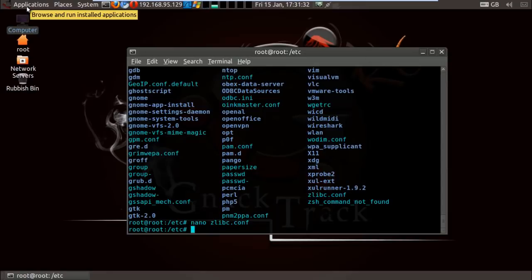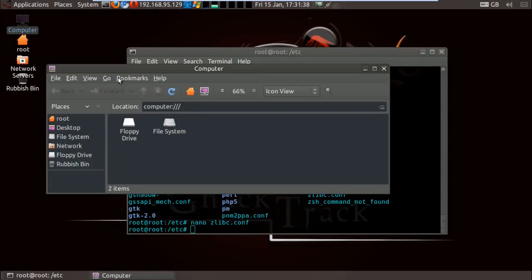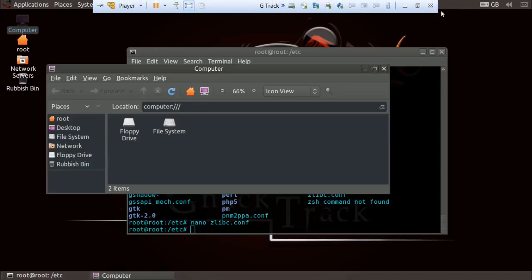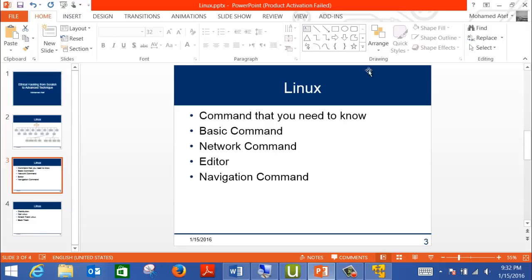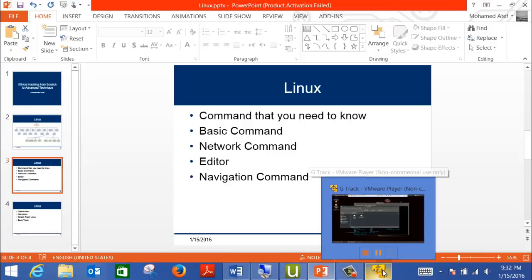And you can even use the same Windows feature in dragging it. So I can drag a file and drop it on the desktop, or drag from one folder to another. So you still can use most of the Windows functions. So this is regarding the editor. Okay. Now the navigation command, which is CD, and the location, this is actually